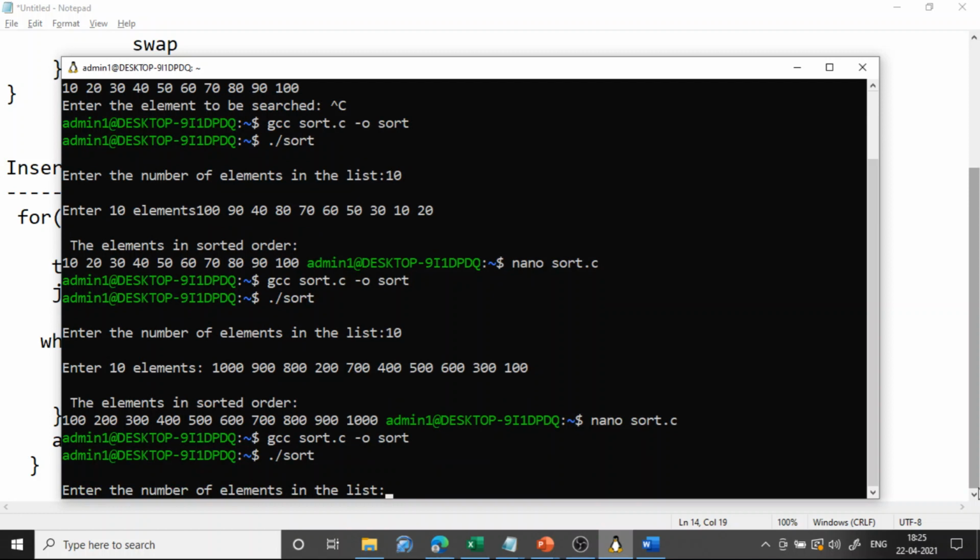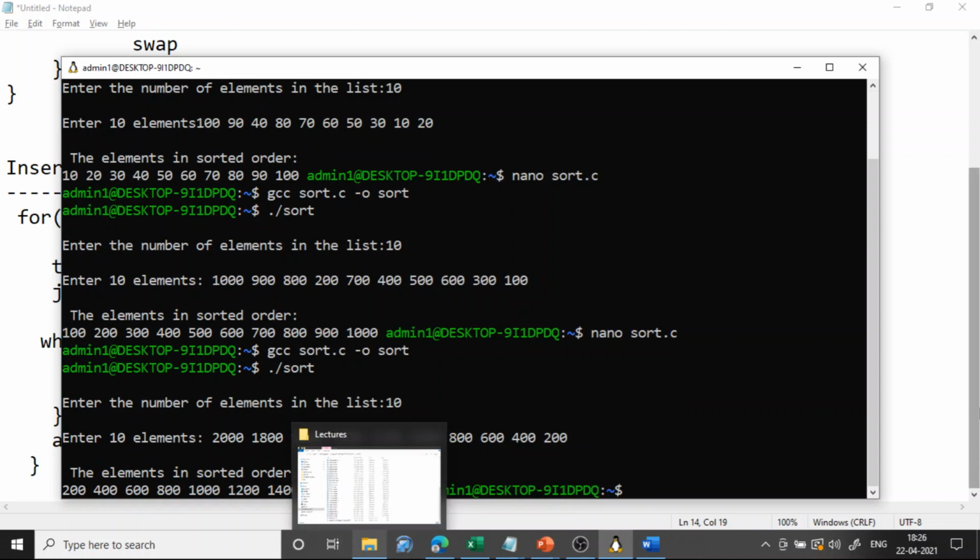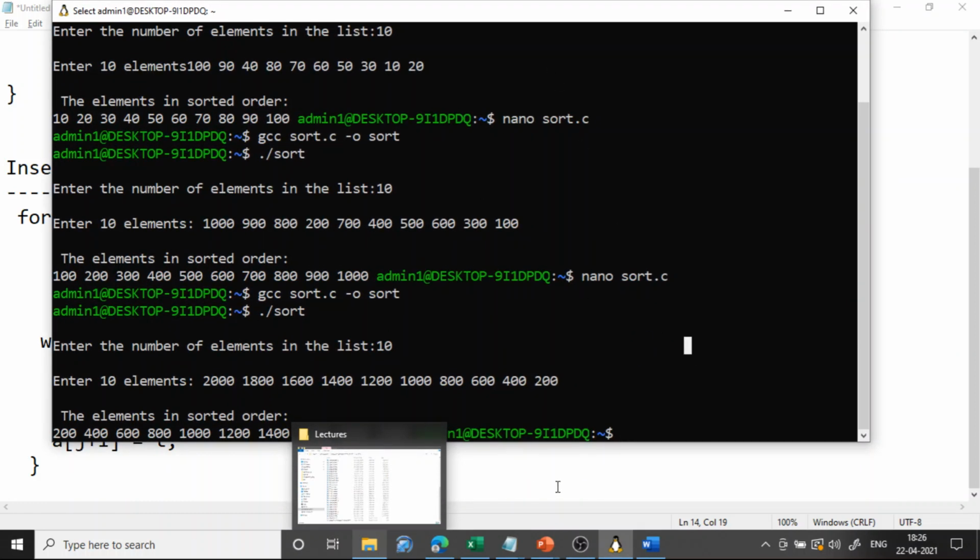So the elements say 1000, 1800, 1600, 200, 400, 600, 800, 1000, 12,400, right? So that's it about insertion sort, okay?